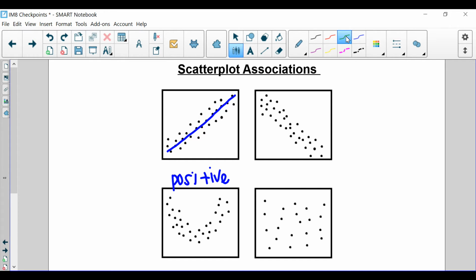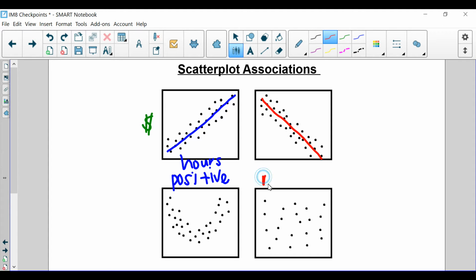Now, what is the trend? Well, the trend is, we know that the more, I'm going to do this in blue, the more hours that you work, the more money you make. So that's a positive trend. Whereas we look here,